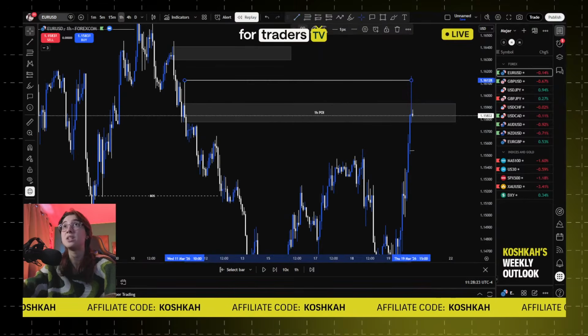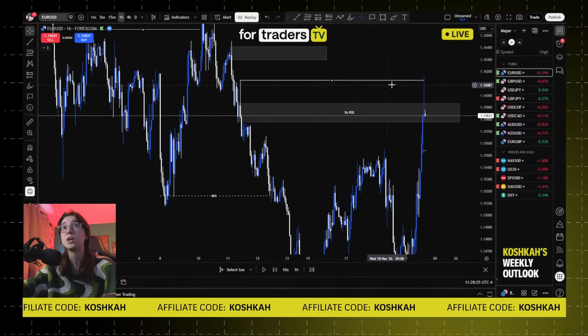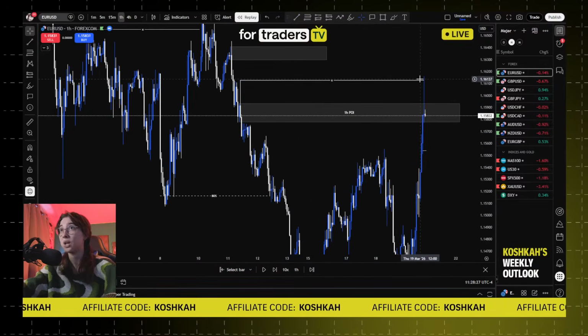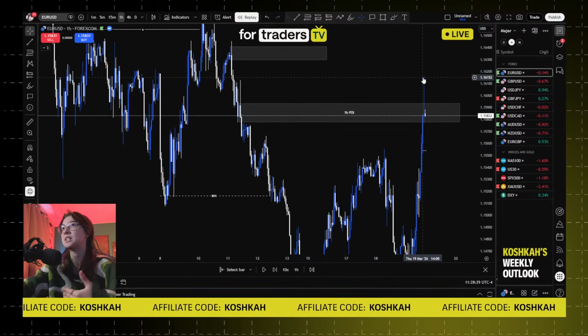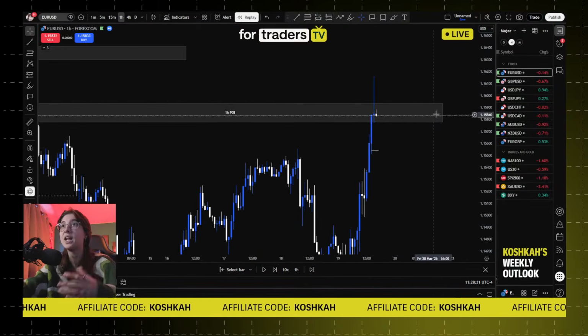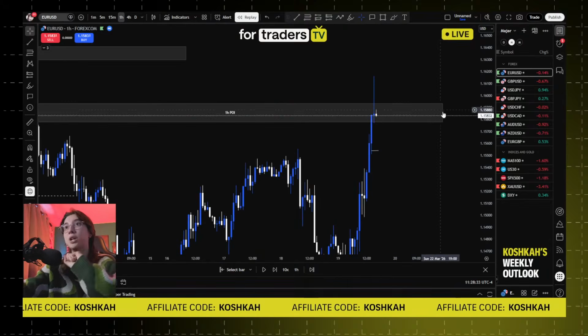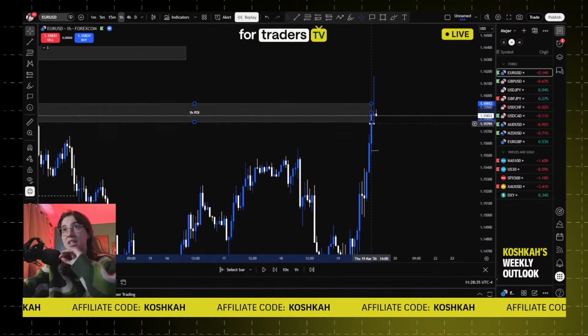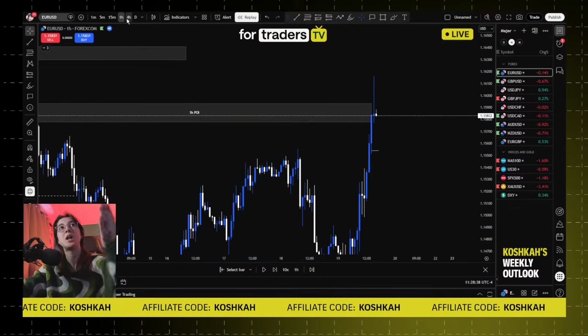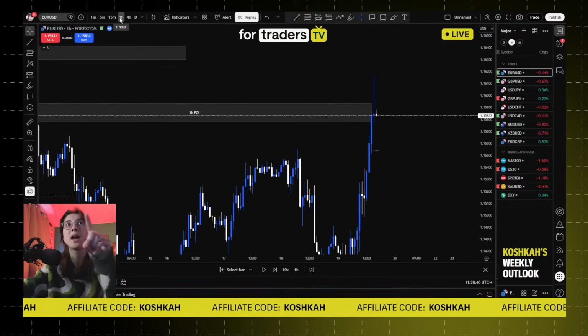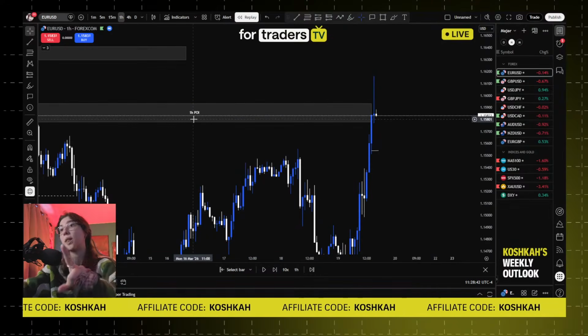As you can see right here, we have a big liquidity sweep, and then we have a reaction. So we don't care if the wick closed above the POI, we only care about the body. As the body closed inside, it's good. It's the same time frame as the POI as well. This is a 1 hour time frame and this is a 1 hour POI.